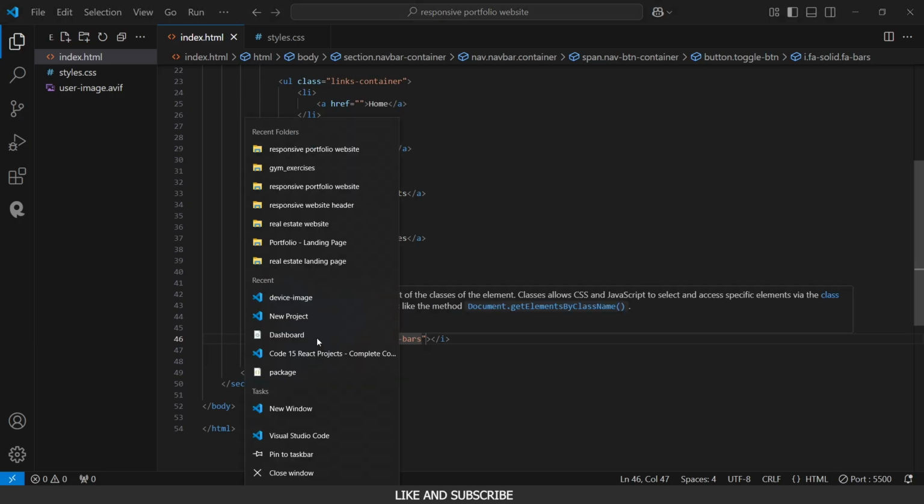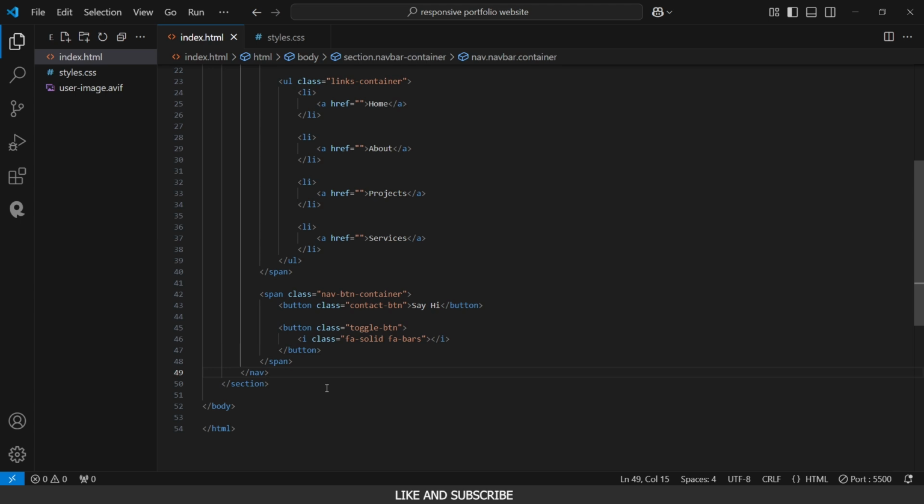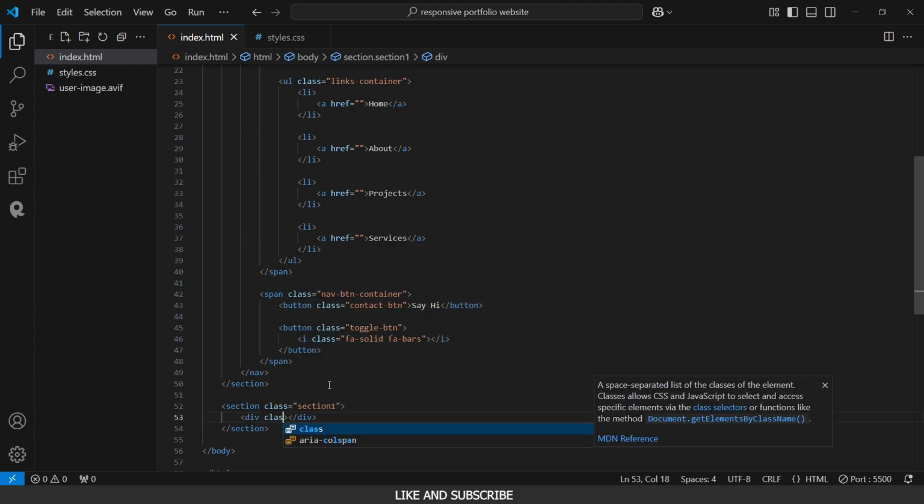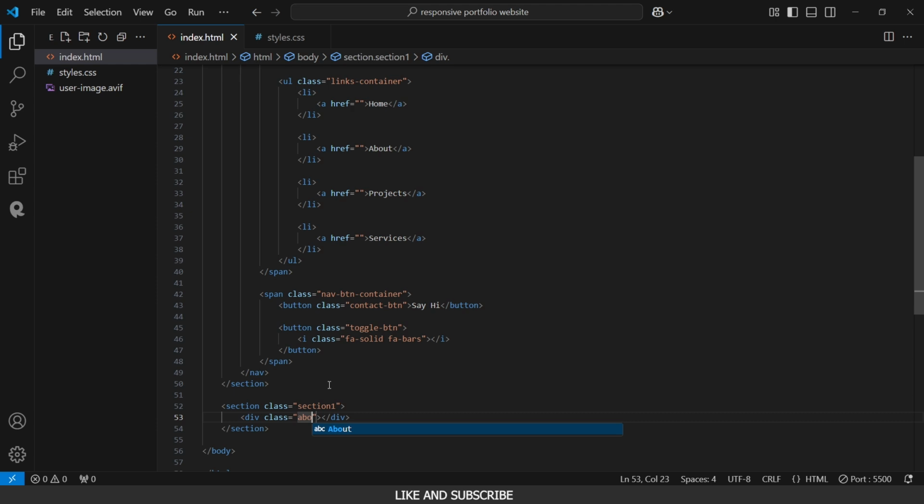Then after that we're going to create our hero section. We're now done with the navbar, and to create the hero section we need another section tag, and this section tag is going to have a class, and the class here is going to be section 1. Then next we're going to have a div right in here, and this div is going to have a class. The class here is going to be about and container to make it responsive. Those are two separate classes. Let's mix it up. Next we're going to have a span, and the class here in our span is going to be description